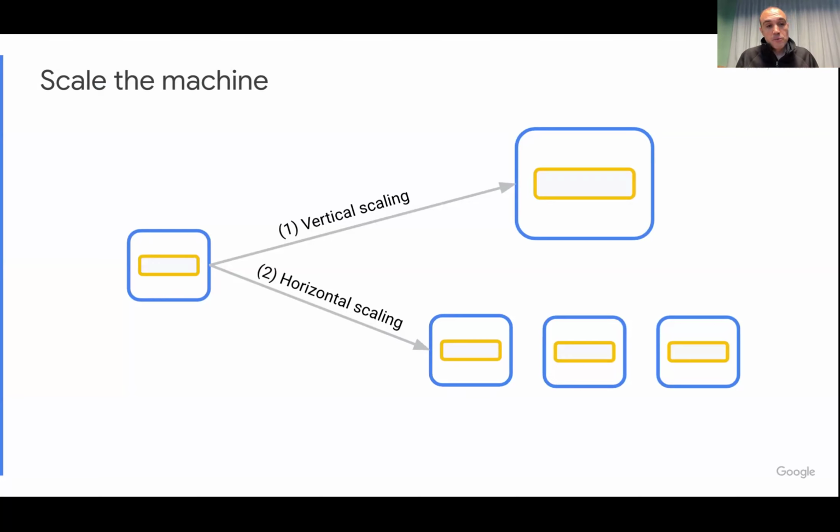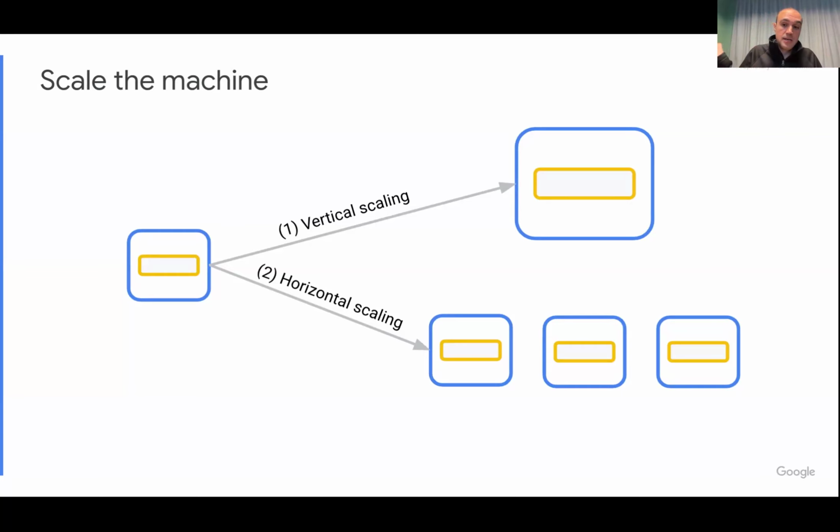There is another problem with horizontal replication. You now have 3 copies of your application. So when there is a request, where does it go? Where do you send it? Do you send it to replica 1, 2, or 3? Depending on the usage, you might overload the first one or the second one.